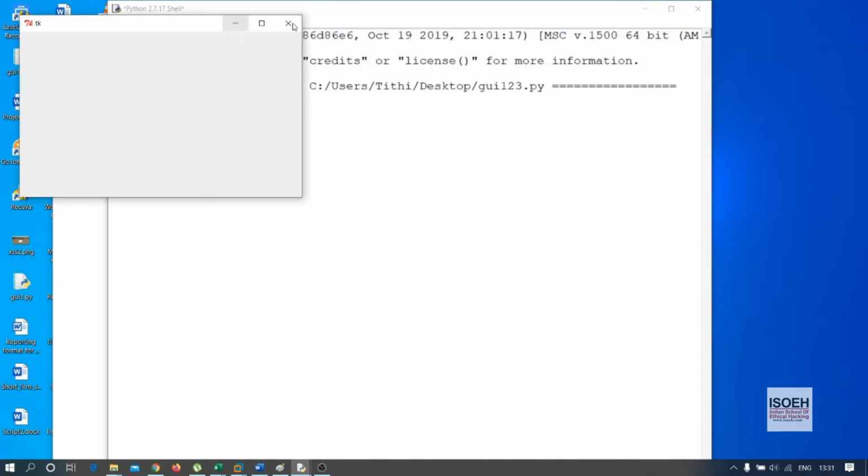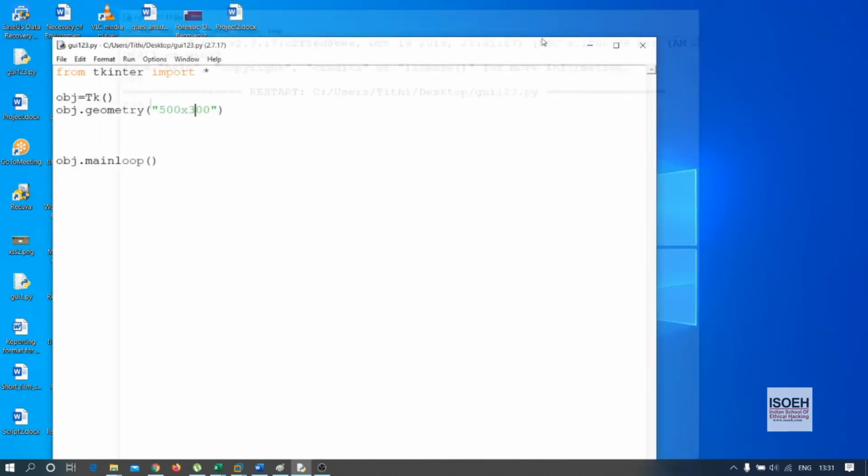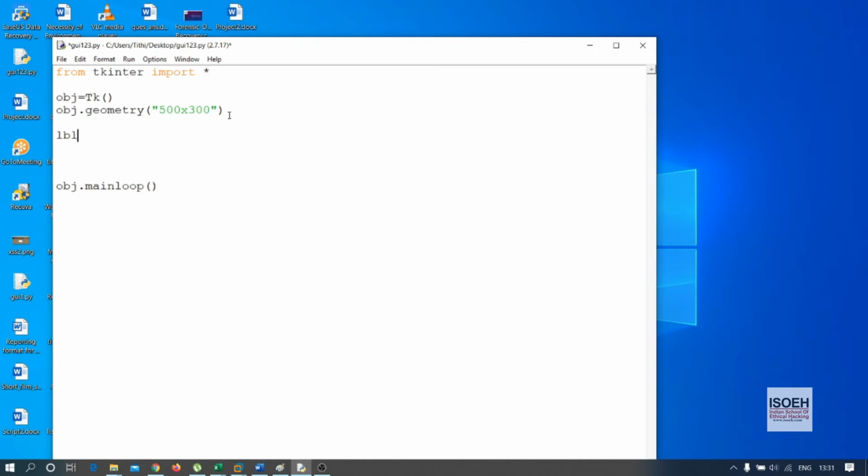Now in the login panel, I have to create something called a label. Label means the title, the username, the password. You can use any variable name. I am using lbl1 equals Label, which is the default function available in the Tkinter package.